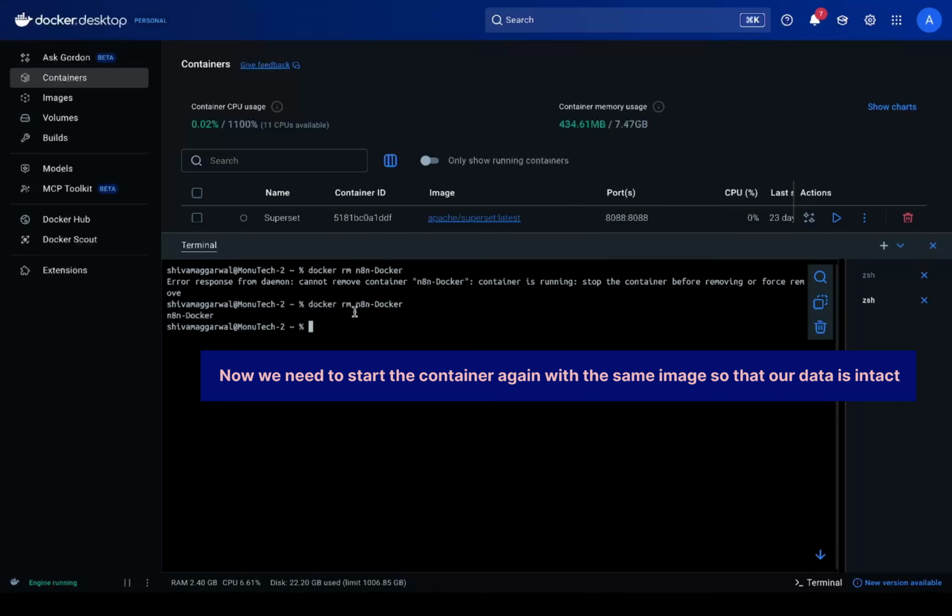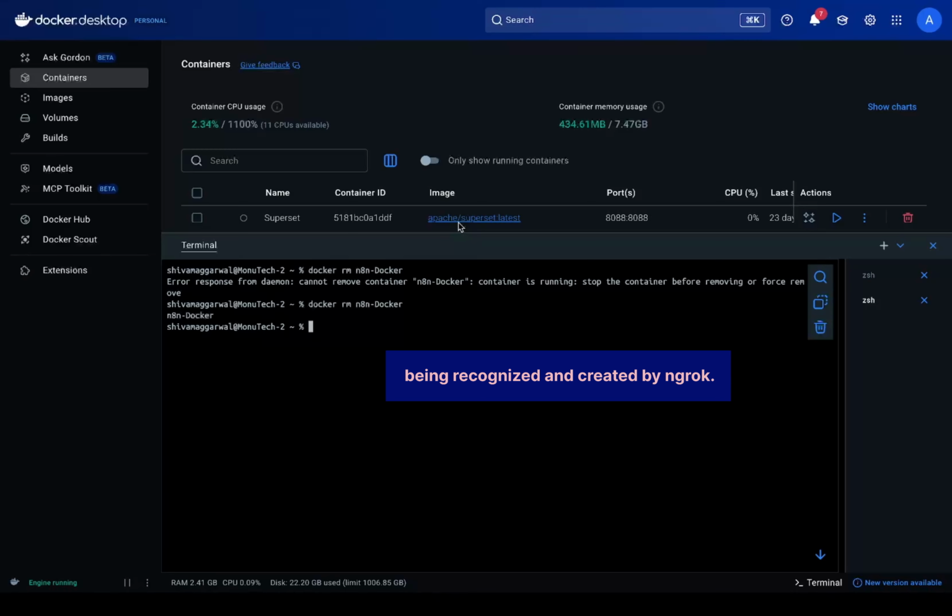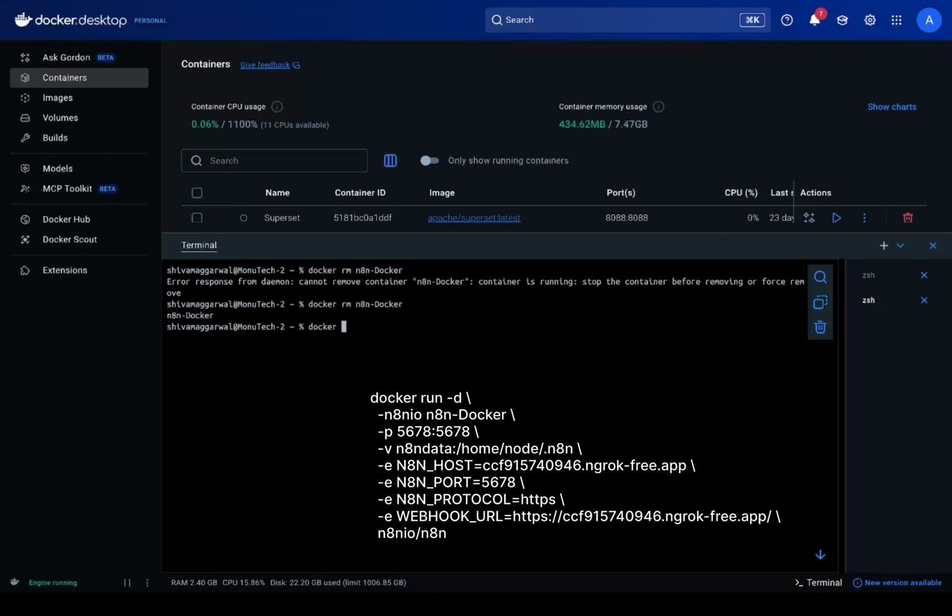Now we need to start the container again with the same image so that our data is intact, and with the same volume. But we need to change the URL from localhost to the URL which is being recognized and created by ngrok. So I should write docker run space -d space